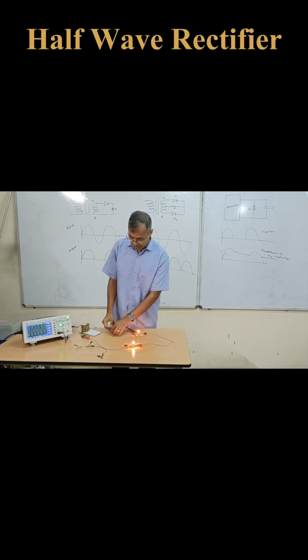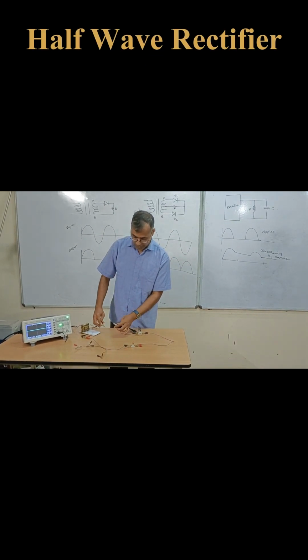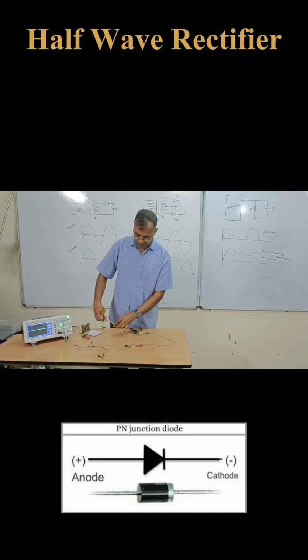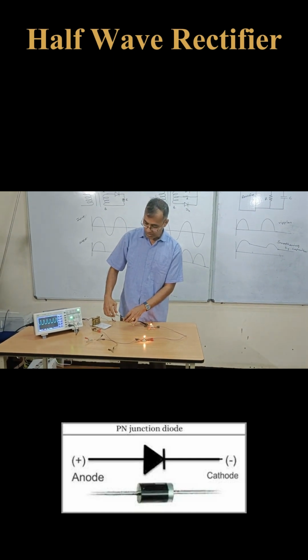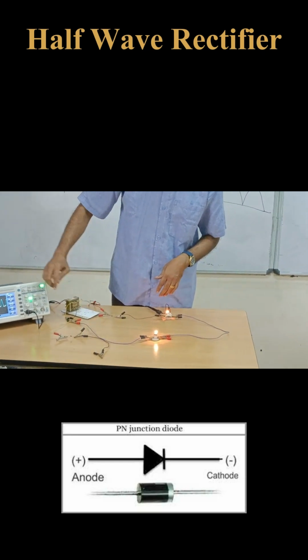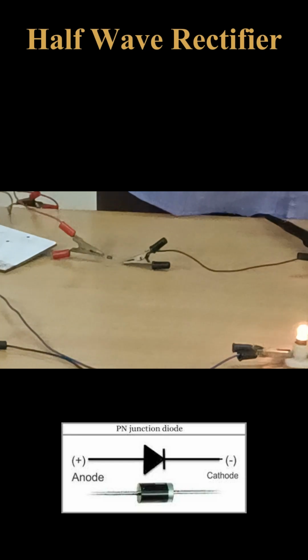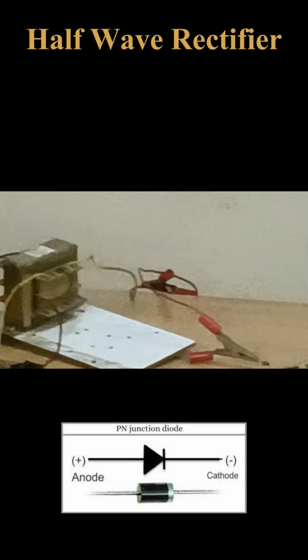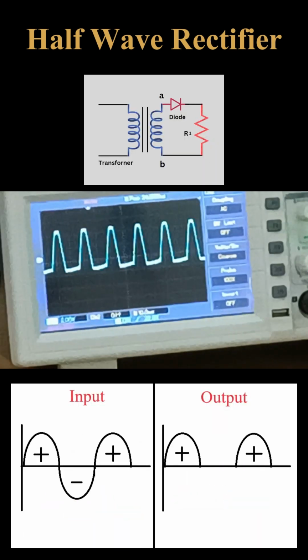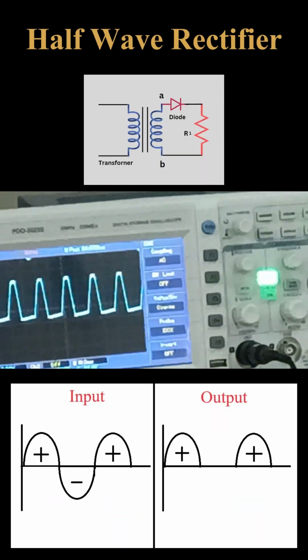But what happens if I connect it like a half wave rectification? So I have a PN junction diode here. When I put this PN junction diode, you can see that half of the waves are going away. So why is this happening? This is because if you come over here,